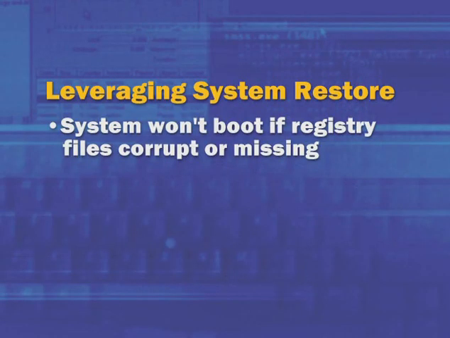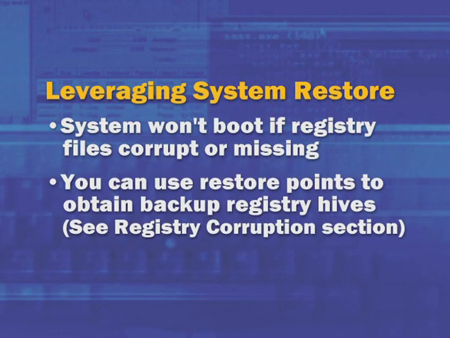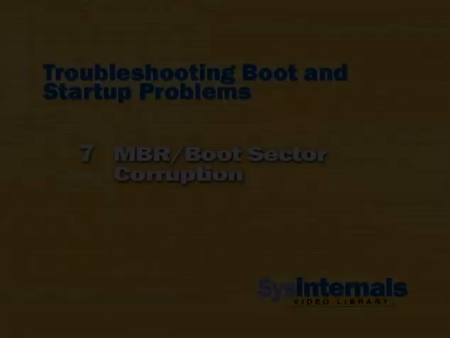Now, beyond just using System Restore for its native capabilities to roll the system state back to a known good point, we mentioned System Restore is invaluable when it comes to dealing with systems that won't boot due to registry corruptions. And it's in that restore point subfolder you'll find a copy of the registry hives at the point that the restore point was taken. You'll need to use some kind of offline tool like ERD Commander or the recovery console to go replace that file, and we're going to talk about how to do that in the registry corruption section.